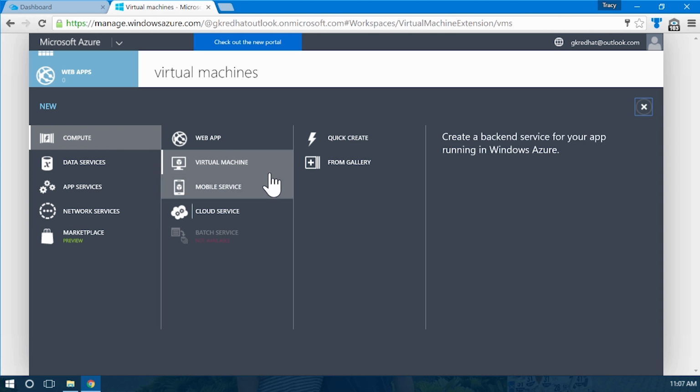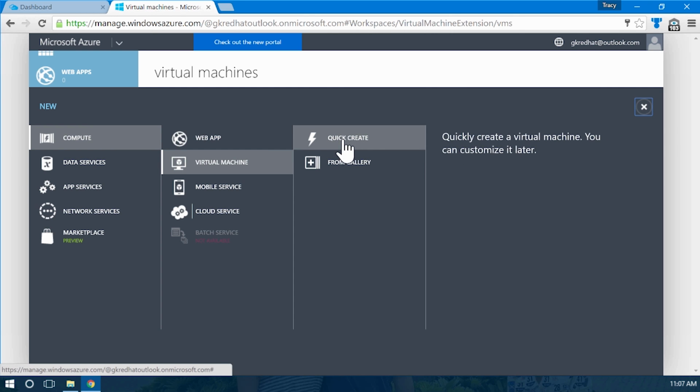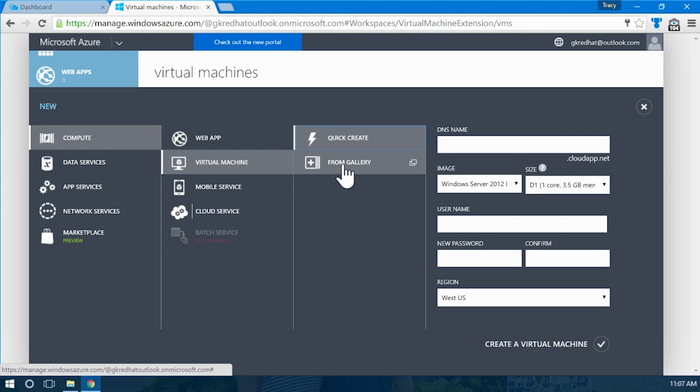And for many of the items, you'll have the option of either using Quick Create, which is exactly what it sounds like. It's going to give you a create with a very limited set of options. And there's the Quick Create, where I could just very quickly create, in this case, a virtual machine. Or if you go to a more complex From Gallery or a variation of that,